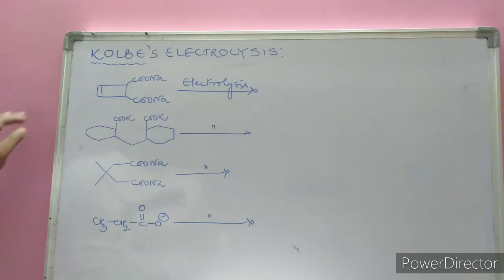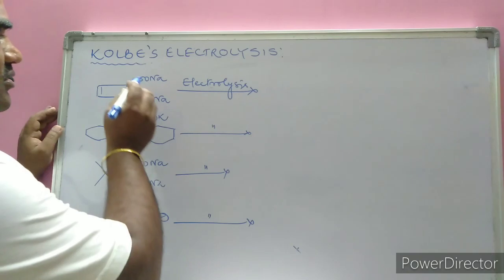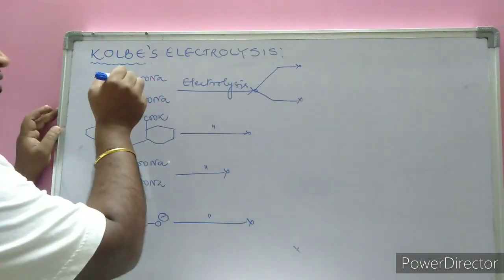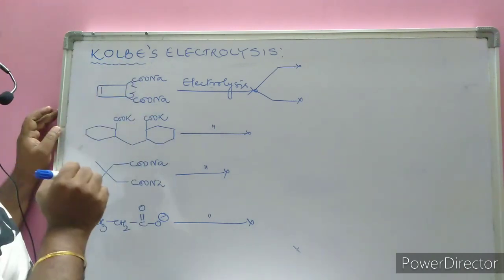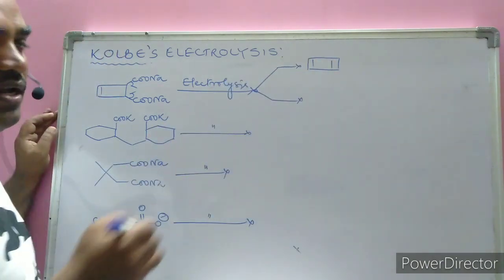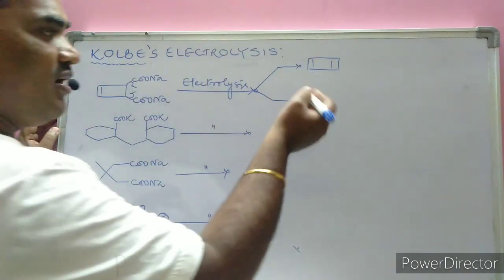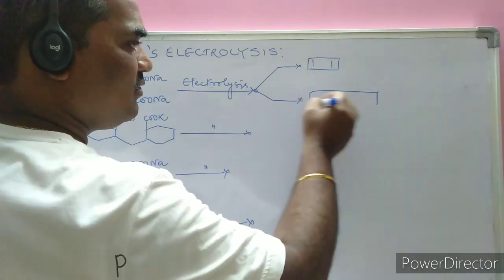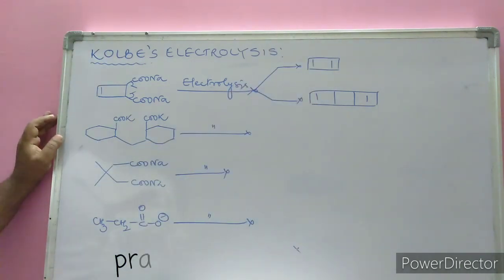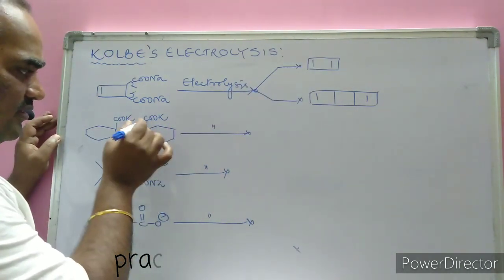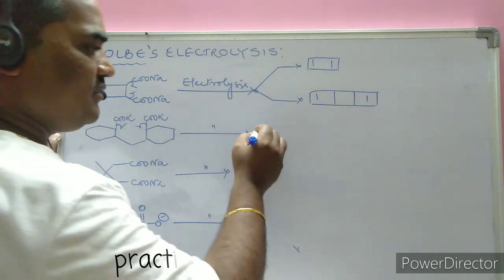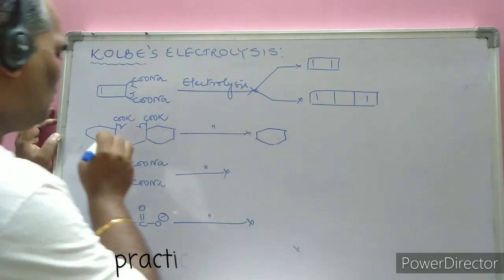Now, the previous examples which were asked in previous objective examinations can have different possibilities. Here is a homolytic cleavage. As a result, one can imagine it forms 1,3-cyclobutadiene. Another possibility is that the same kind of molecules join together and form such a compound. Next, if electrolysis is carried out, this electron is given to this side and this electron is given to this side. As a result, a new cycle is going to form.